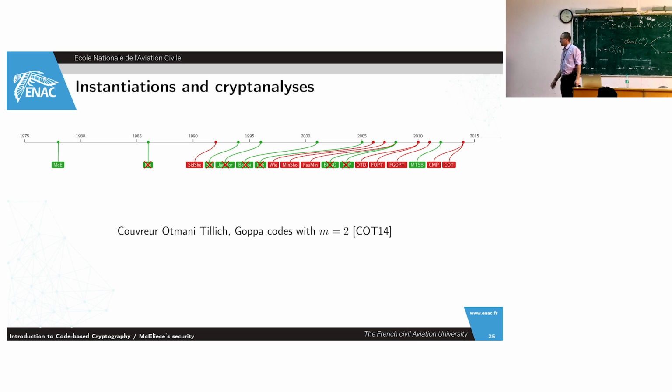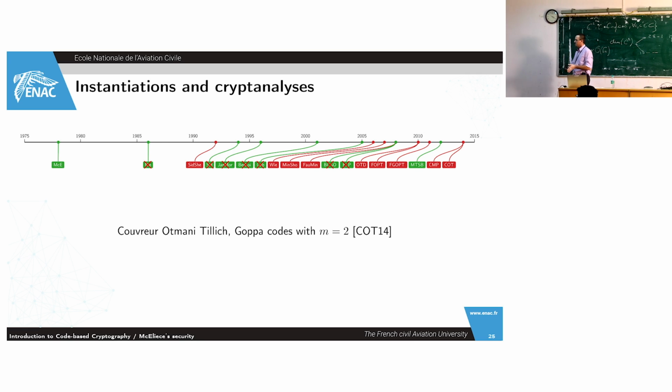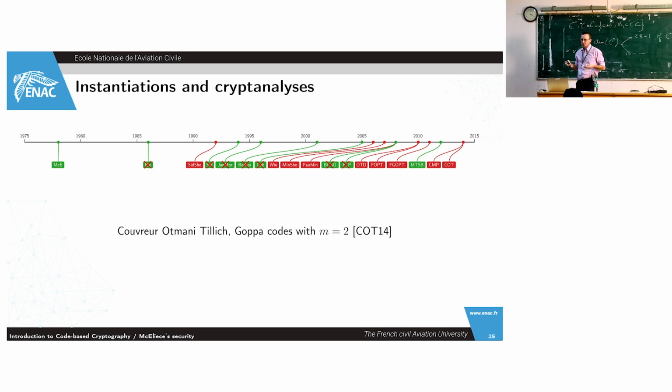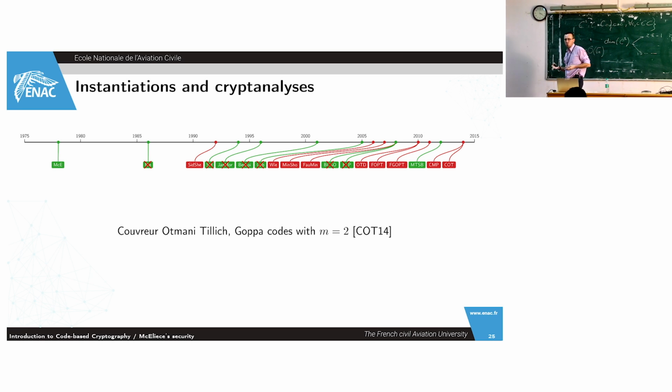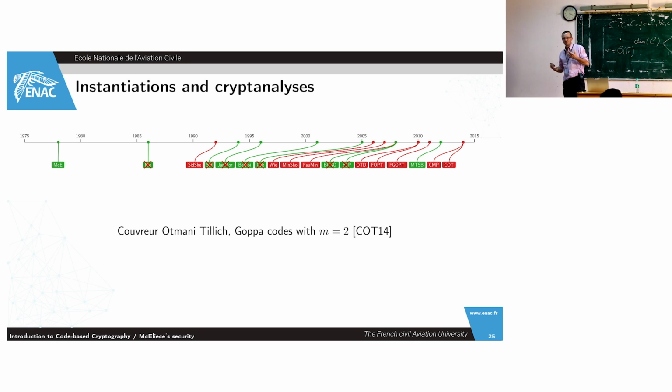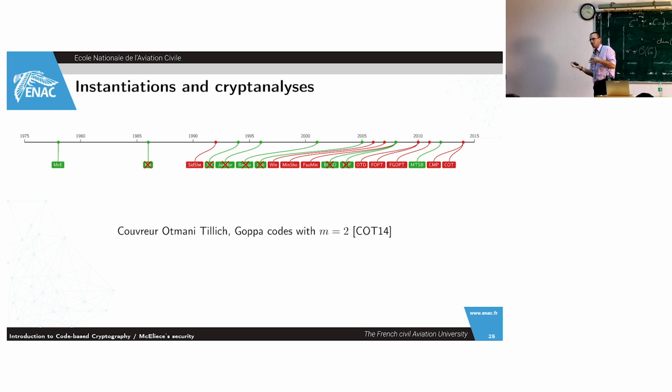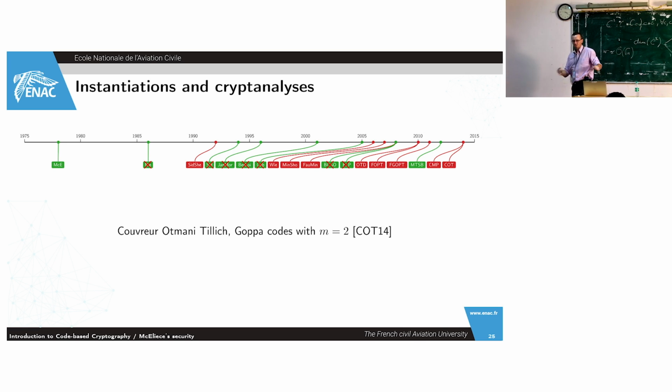And eventually, other attacks. As you can see, with this approach, changing the family of code you are using to try to improve the correction capability of the scheme has always been a bad idea, except for QC-MDPC. But with QC-MDPC, there were also some other arguments which make it not completely comparable to McEliece. But anyway, McEliece's approach,